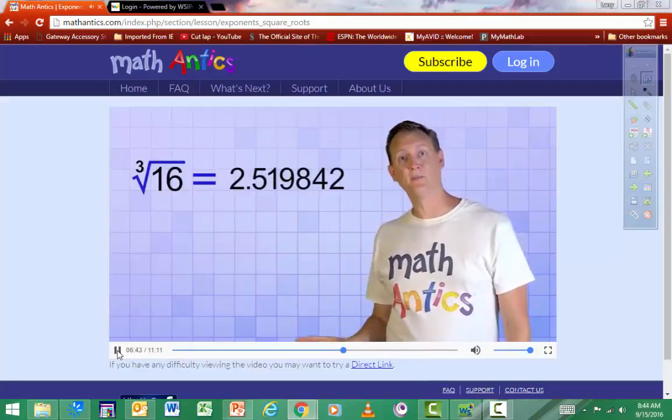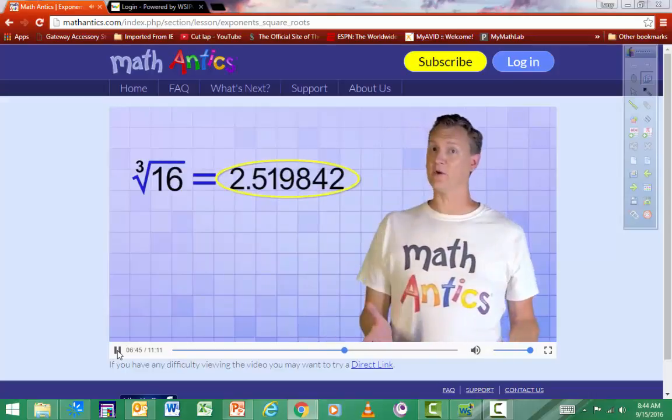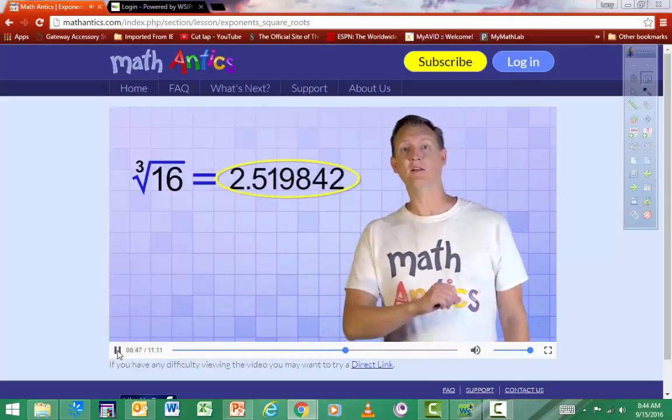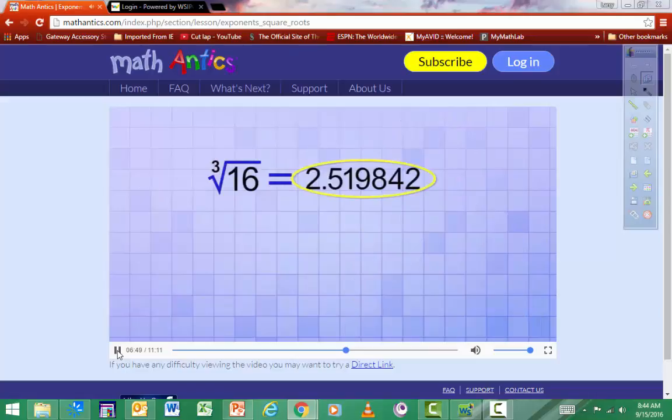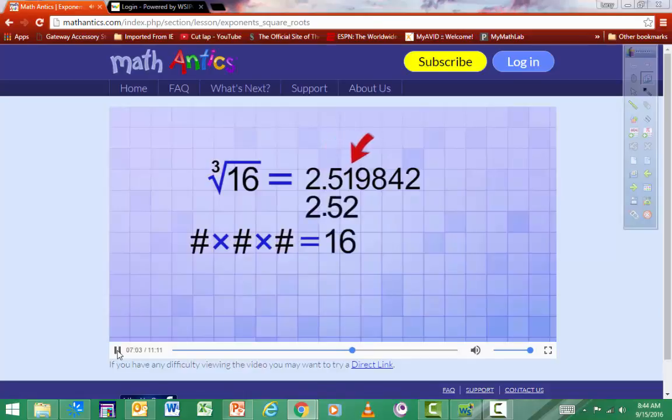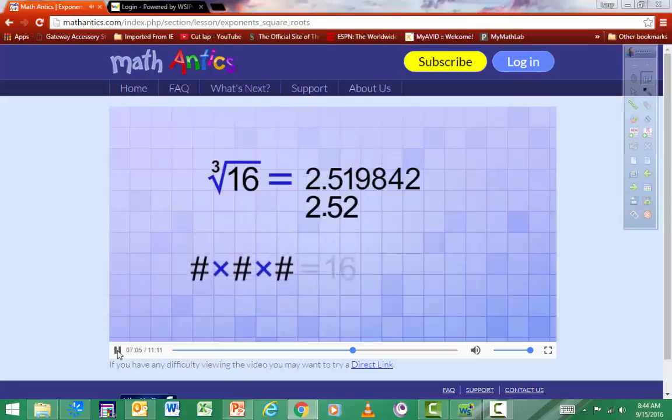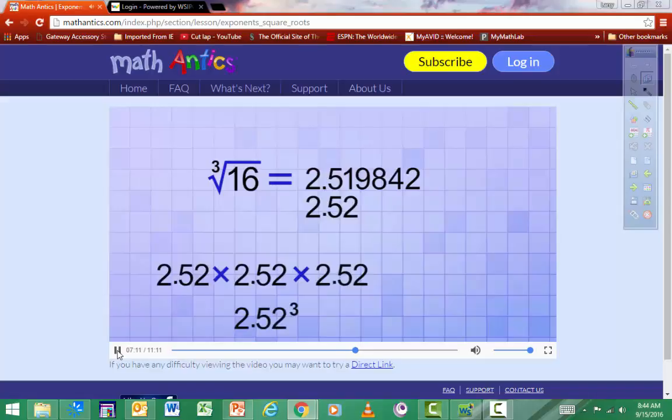This is a really complicated decimal number, and you may even wonder if it's the right answer. Well, let's check. Based on what we know about exponents and roots, if we multiply this decimal number together 3 times, we should get 16, right? But to make it easier to check, let's just round the number off to 2 decimal places. Let's make it 2.52. If we multiply 2.52 together 3 times, in other words, if we take 2.52 to the third power, we'll get